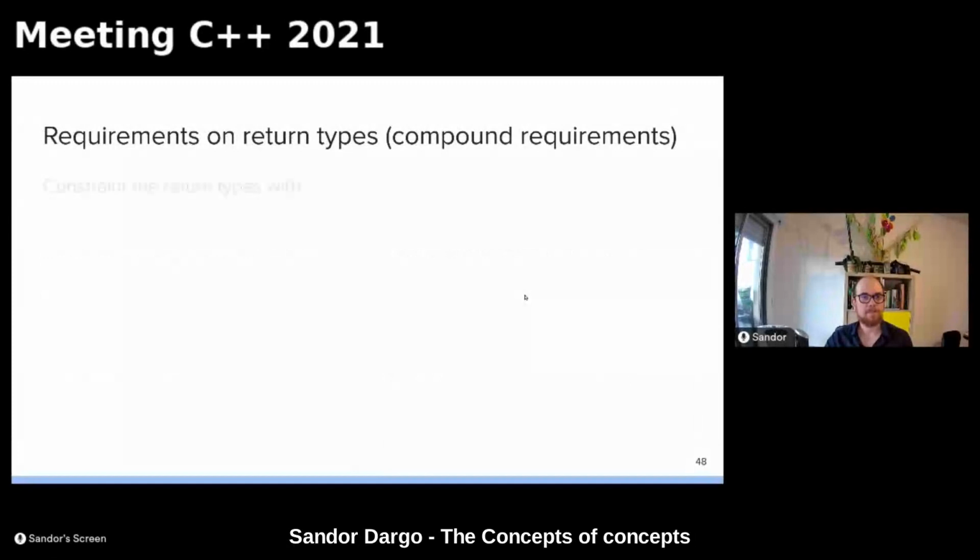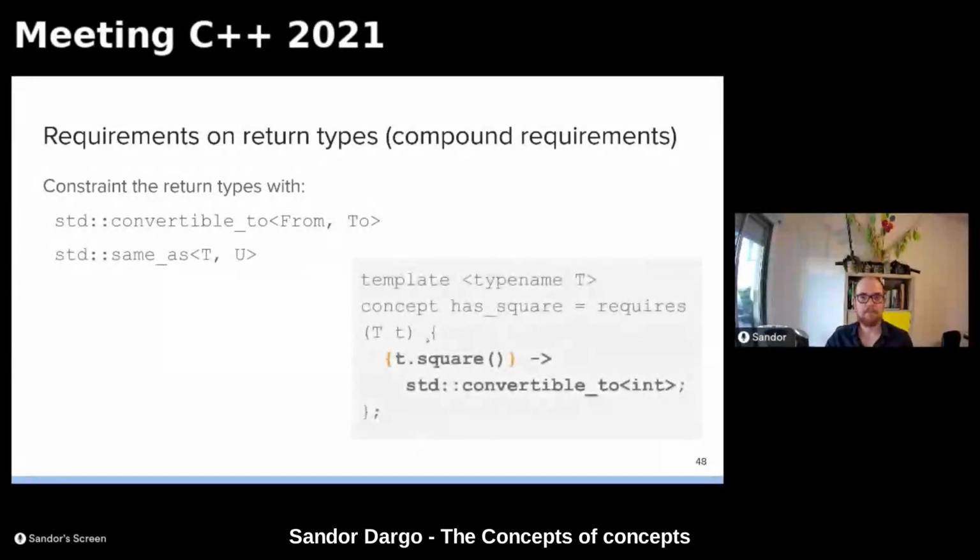You can write some requirements on the return types. We often refer to this as compound requirements. Basically, you can constrain the return types with two concepts that are shipped with the standard library. One is std::convertible_to, which takes two parameters, from and to, and the other one is std::same_as. And then you can write your concept in a way that between braces, don't forget the braces,